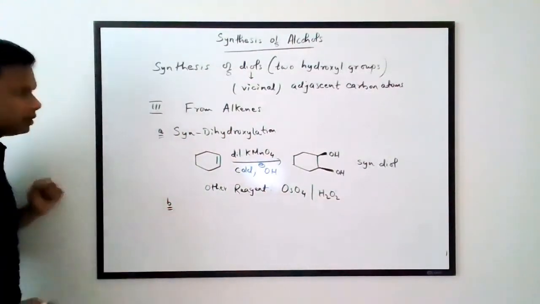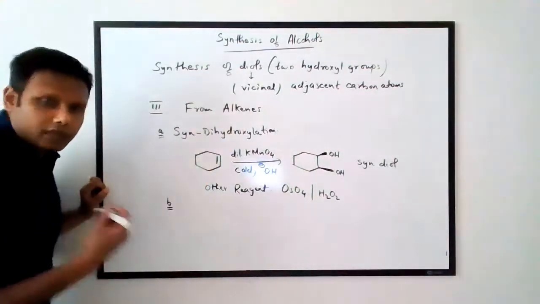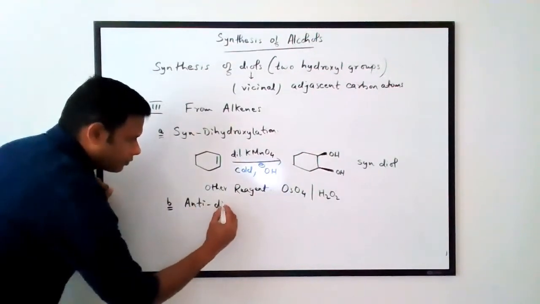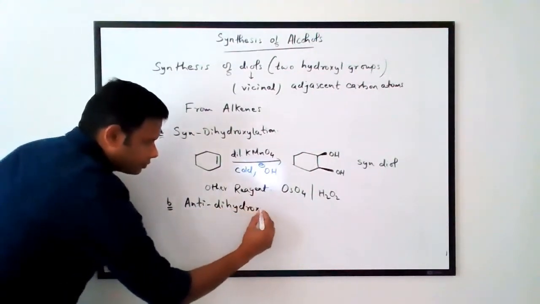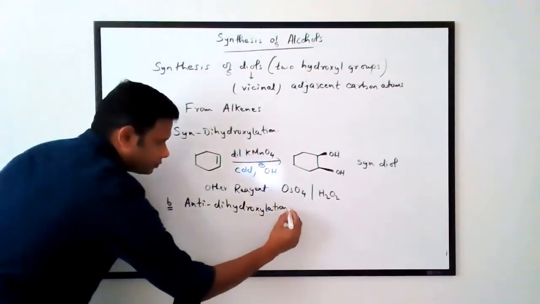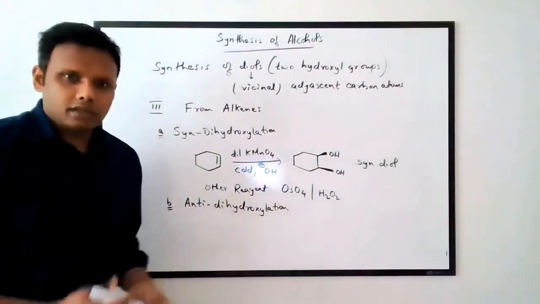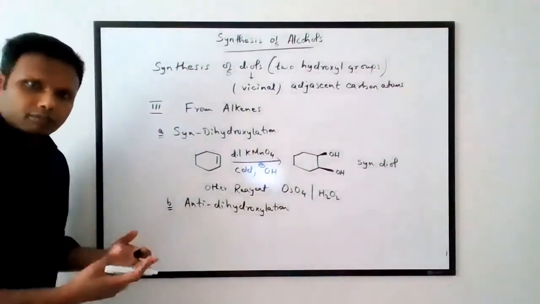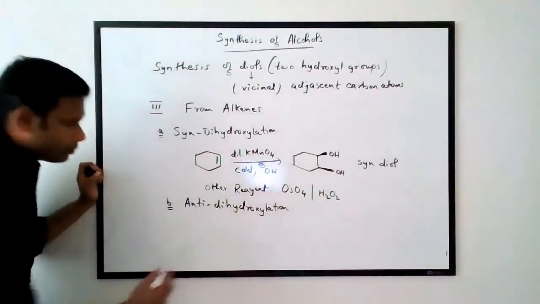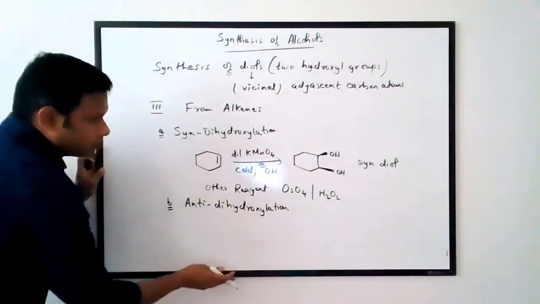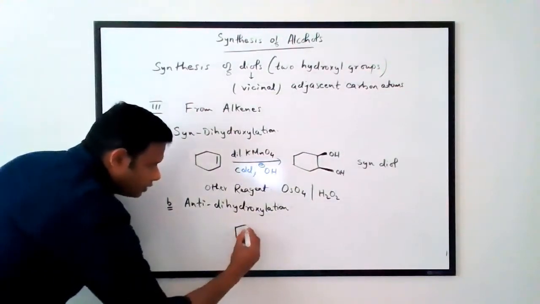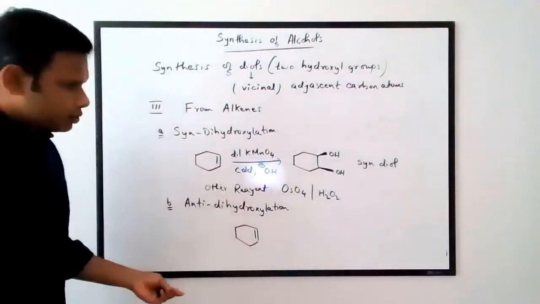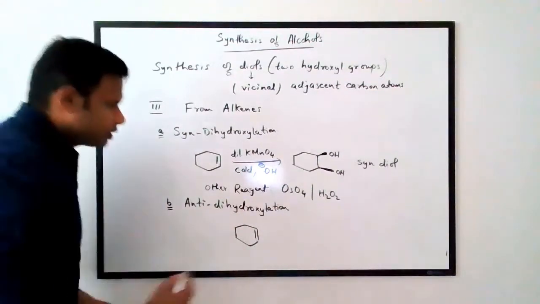The second dihydroxylation, or the synthesis of diols that we encountered, was the anti-dihydroxylation. We will talk about this reaction a little bit more when we get to the ethers chapter, okay, epoxides. We'll talk about this a little bit more there. But in an anti-dihydroxylation, again, you start from an alkene, and I'm using the cyclic alkene as an example to maintain some consistency here. But if I start from that same alkene,